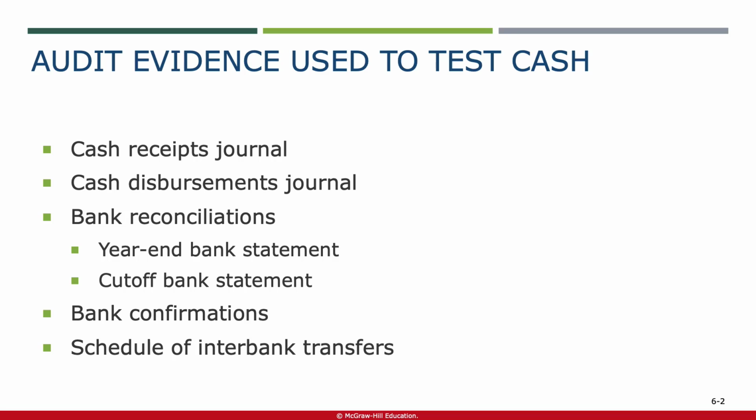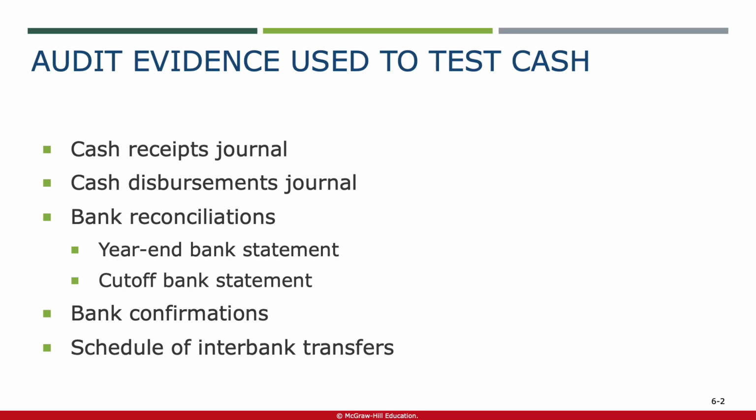and bank reconciliations. The nature of audit evidence associated with cash disbursements includes auditors examining the Cash Disbursements Journal to verify the legitimacy and accuracy of recorded cash outflows. This involves examining supporting documents such as invoices, receipts, and other payment authorizations. Canceled checks and electronic payment records are commonly inspected to ensure that payments were indeed made to legitimate vendors and